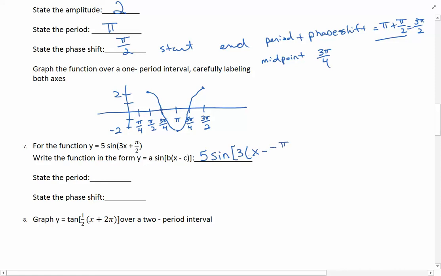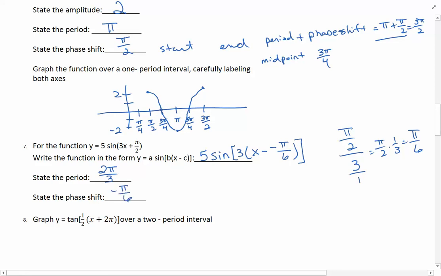over 2, but we factored out 3. So to factor means to divide. So that's going to be pi over 2 divided by 3, which is pi over 6. See, because you do pi over 2 divided by 3, put that over 1, so that's pi over 2 times 1/3, which is pi over 6. So your period is just 2 pi over b, 2 pi over 3, and your phase shift is negative pi